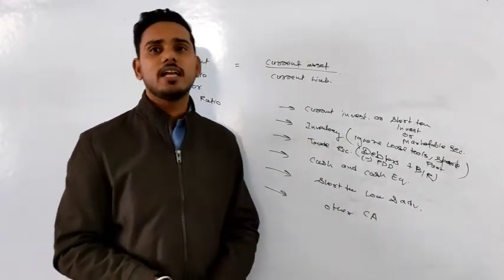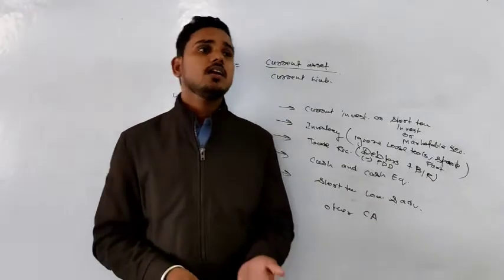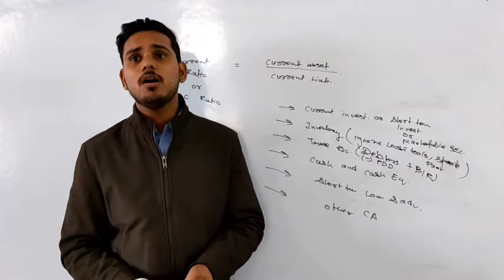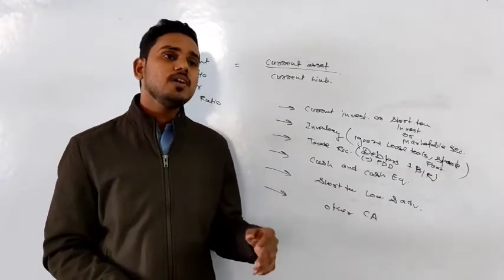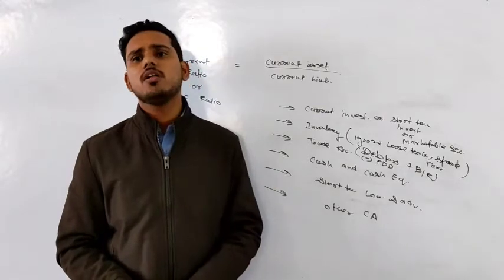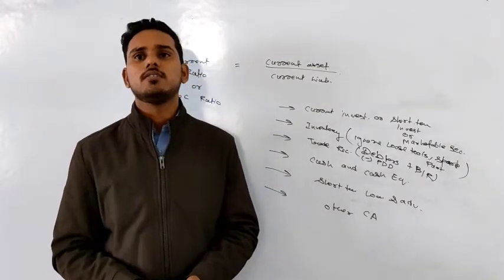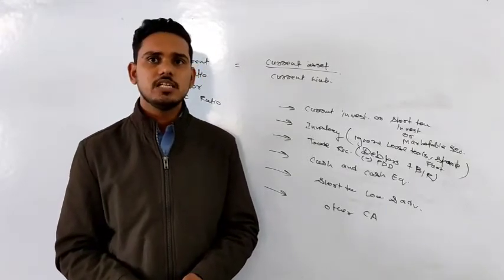Last one is our other current asset. Other current asset can be anything like prepaid expenses, like accrued income, that is income earned but not received, like advance taxes paid. Same way other current liability can be many things also. Like matured debenture are also current liability. That are other current liability, right? No confusion now? Is it clear?